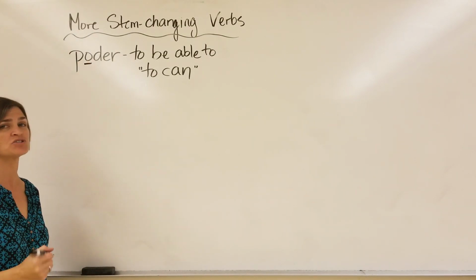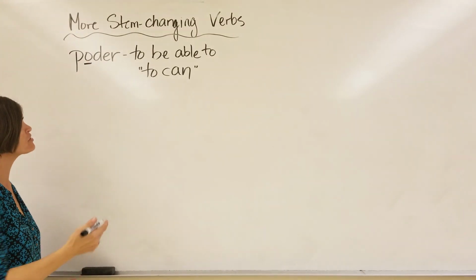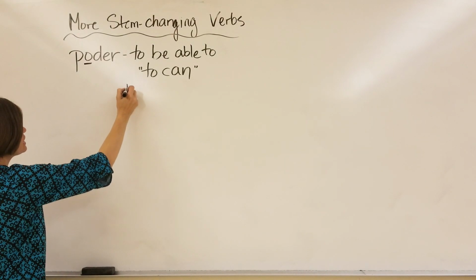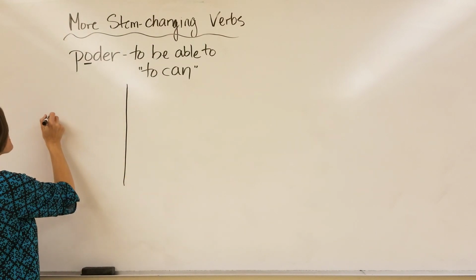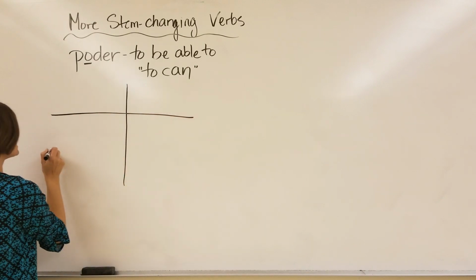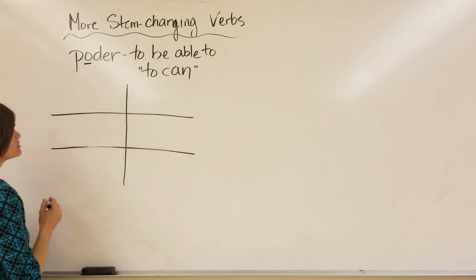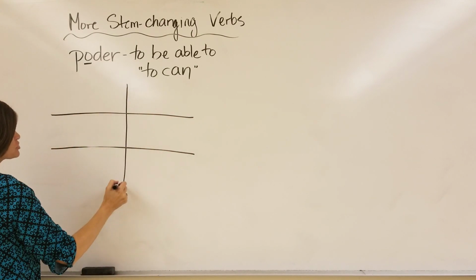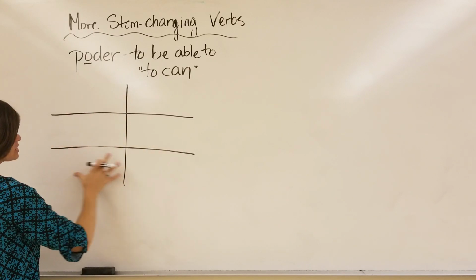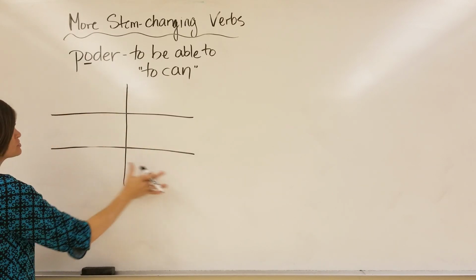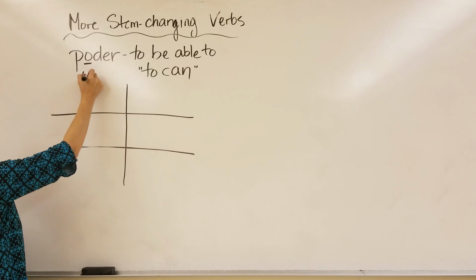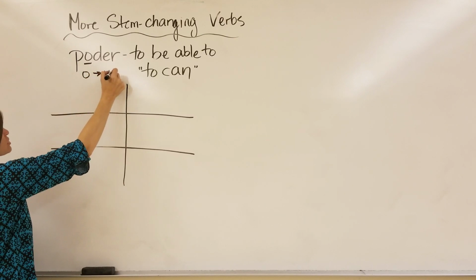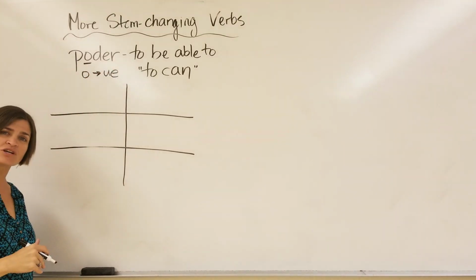Now these stem changing verbs, we lovingly refer to them as boot verbs, because this stem right here is going to change in some way to some other configuration of letters in all of the forms within the shape of a boot inside of our verb chart. So here's our verb chart, and right here is the boot shape that the change occurs in. So an O in poder changes to a UE. That's the stem change we're going to be working with.